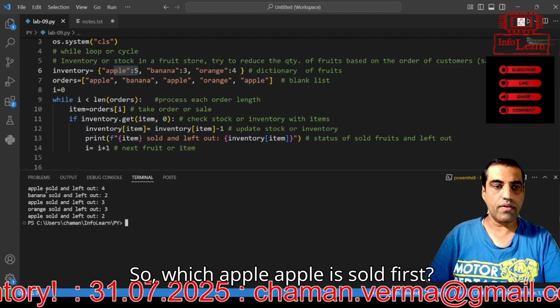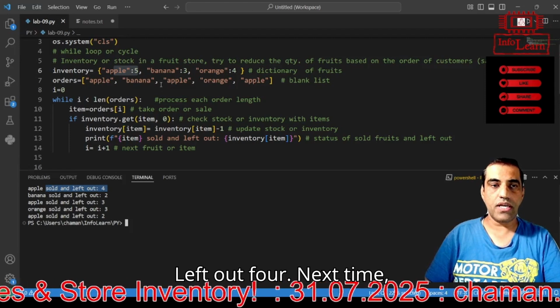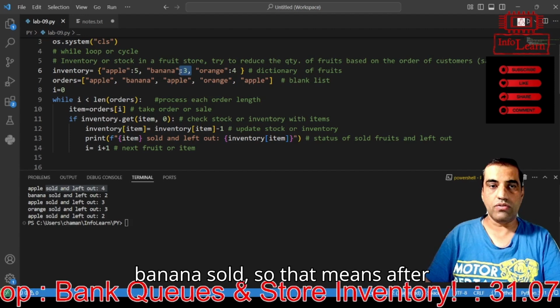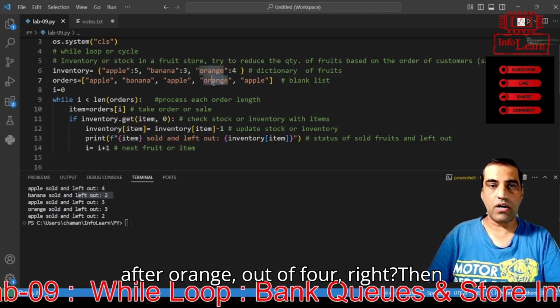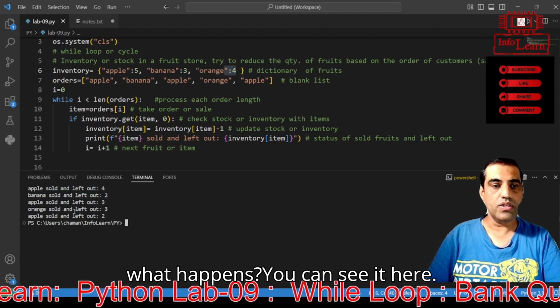5. So which apple is sold first? Left out 4. Next time banana sold. So that means out of 3, so 2 are left. Then after orange, out of 4, right? Then what happens? You can see here